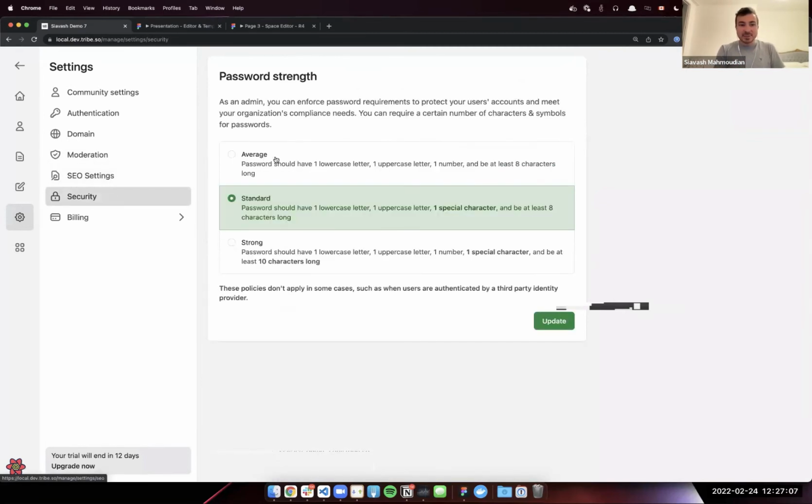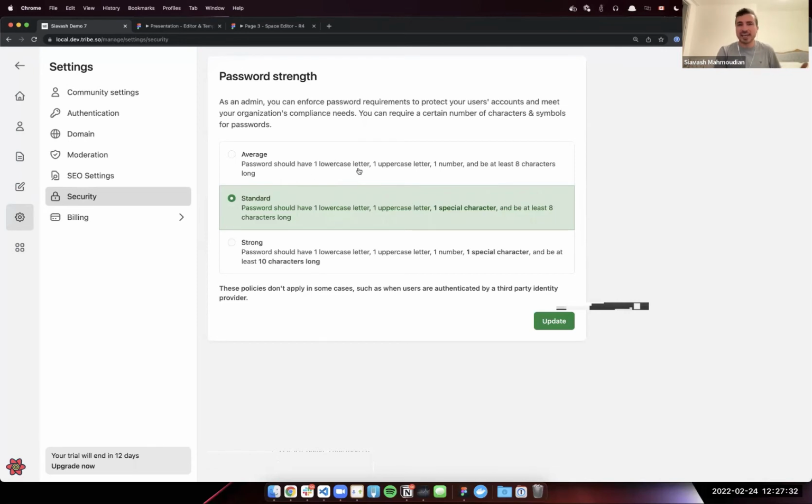In here, last but not least, we have the security option. So many of you actually brought up the fact that our passwords are super secure, like 10 characters. It's a lot of characters, and some password generators do not even generate 10-character passwords. So we have given this option to the admins to actually pick from all these options, and even the average one is still secure.